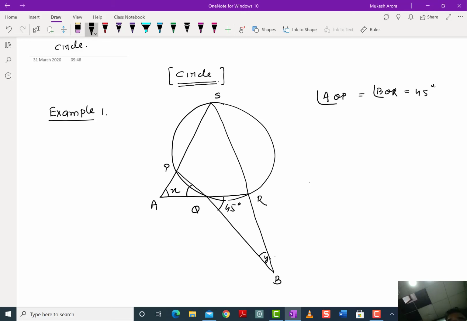So angle QRS, angle 1, is equal to 45 plus angle Y,